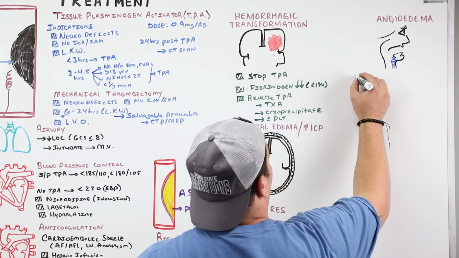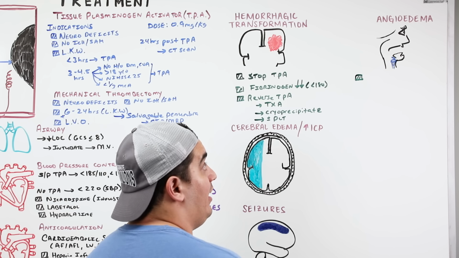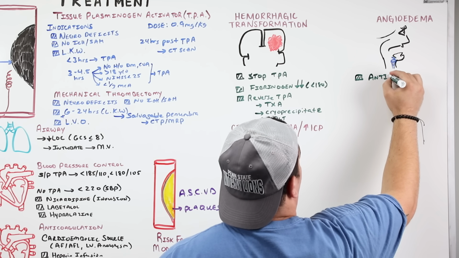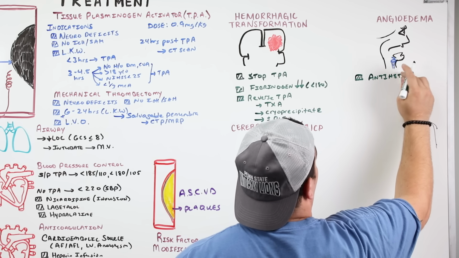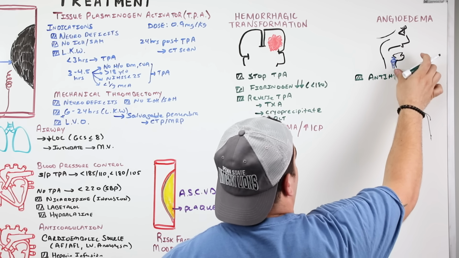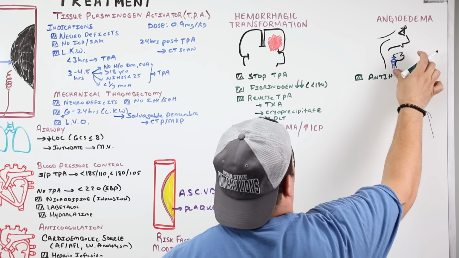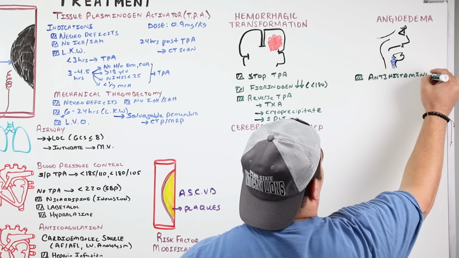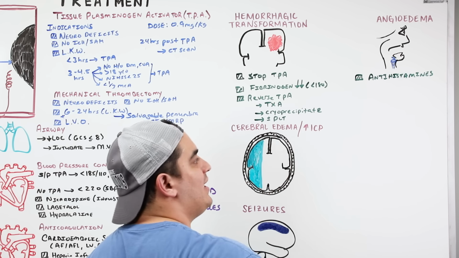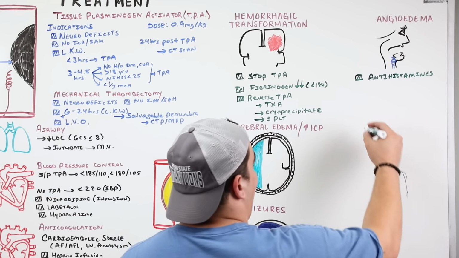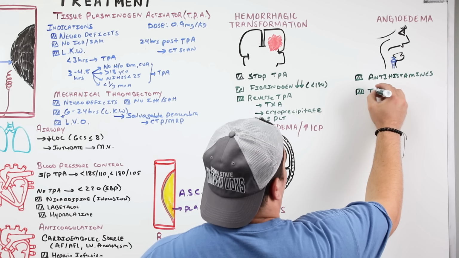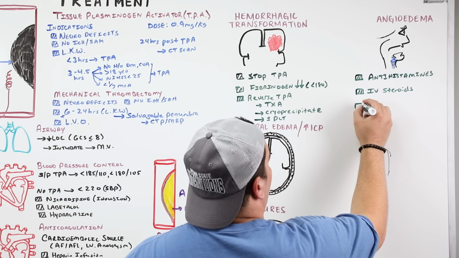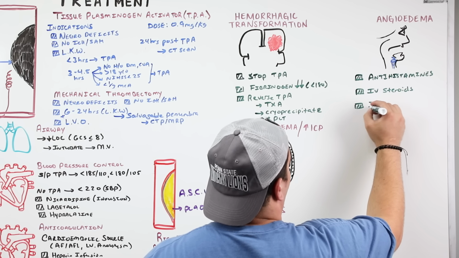So if you go in there and you see old Shreky there, what do you do? You give them antihistamines, because it's a histamine reaction, right? So you give them antihistamines like Benadryl, also known as diphenhydramine. And you should also give them famotidine with that. Even though it's not an H1 blocker, it's an H2 blocker, it's involved in a histamine reaction. You should also give them IV steroids, things like methylprednisolone 100 milligrams,